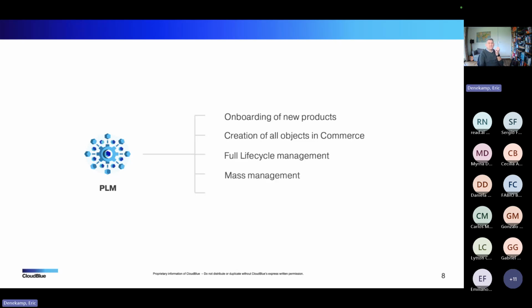And the fun part is it's mass management. I do not have to go into a wizard one by one to create all those, like with the Connect extension, where I create 700 plans in a wizard one by one. I don't have to go to service plans and say, add new service plan, fill out the fields one by one, 700 times. Everything is automated. And it has its own provisioning engine.